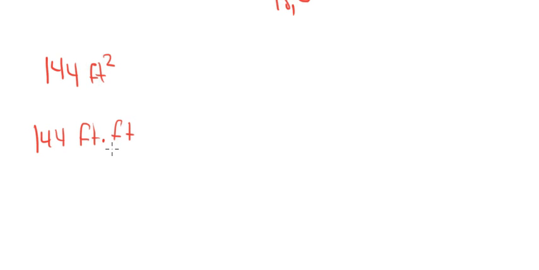Just like before when we added x and x. How many x's did we have? We had x squared, right? So if we have feet and feet, we're going to have feet to the second. Instead of having a variable like x or y, now we have feet. But it's the same thing. Because it's in squared stuff, we want to break it down, and we want to have each one represented by itself. So we have 144 feet times feet gives us 144 feet squared.